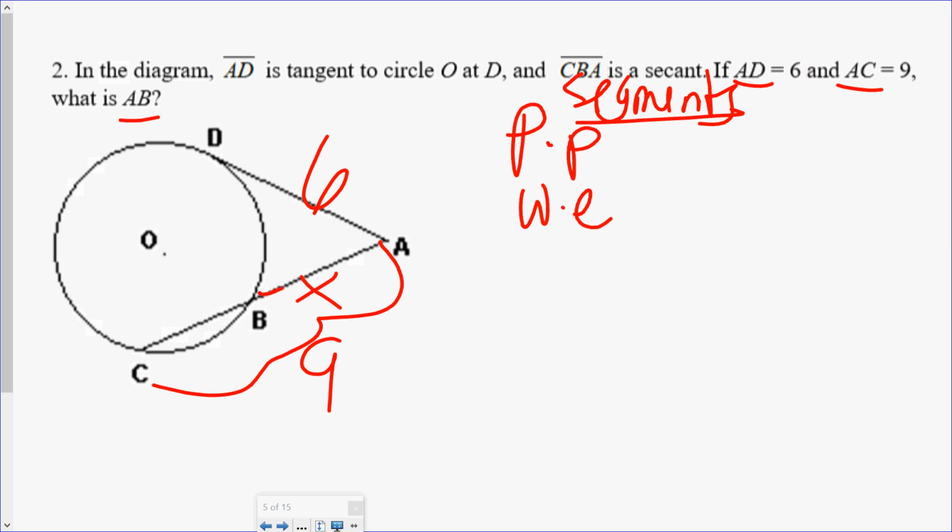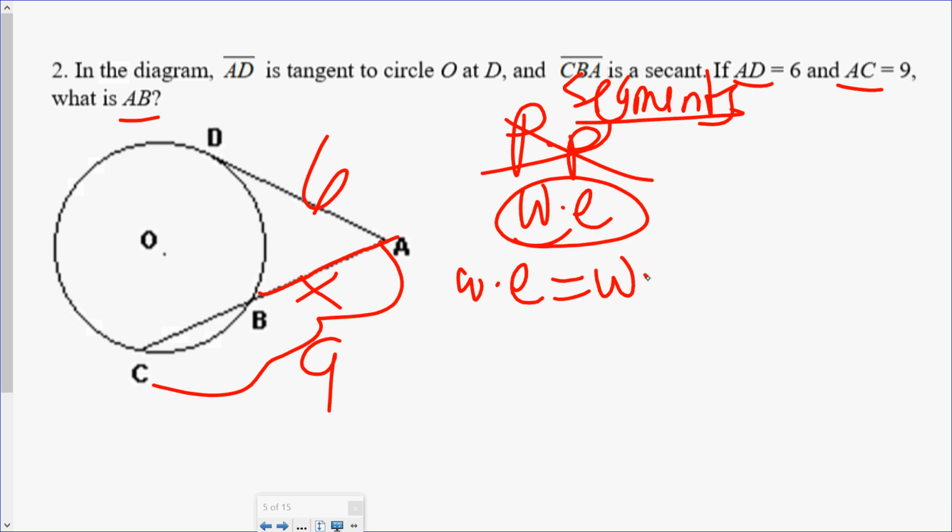Well, because we have an exterior piece, we're using WEE. WEE stands for whole times exterior equals whole times exterior. Let's start with this one. The whole is 9. The exterior is x. For the other segment here, for the tangent,